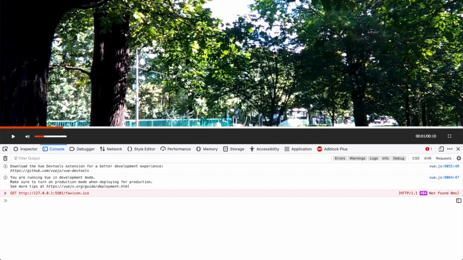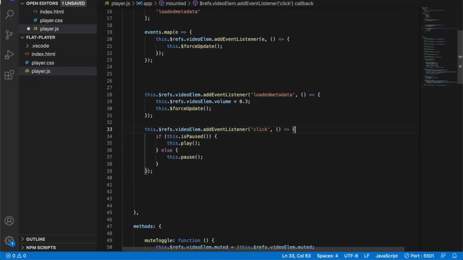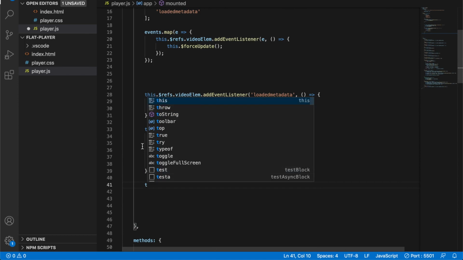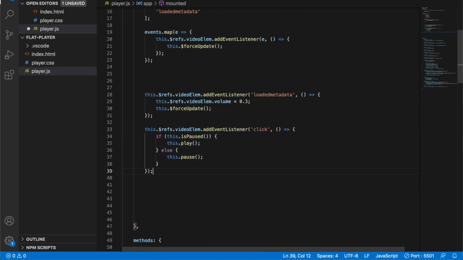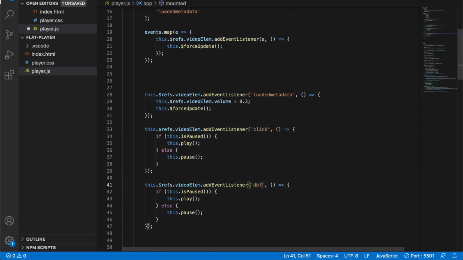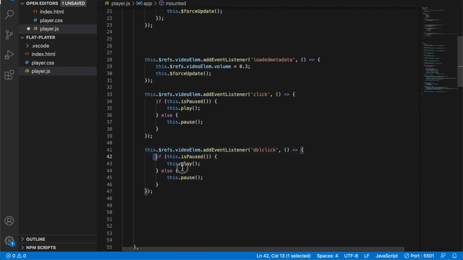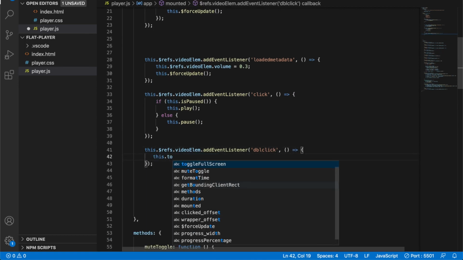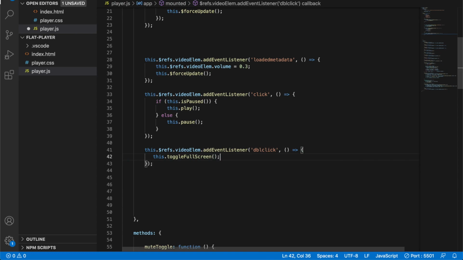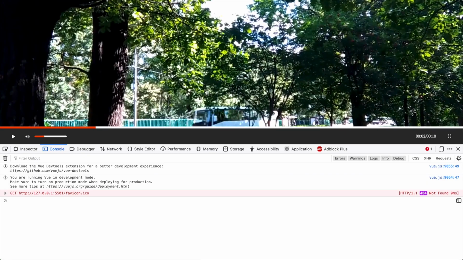All right, working fine. And the last thing is going to be the full screen, which can be simply this dot toggle full screen,